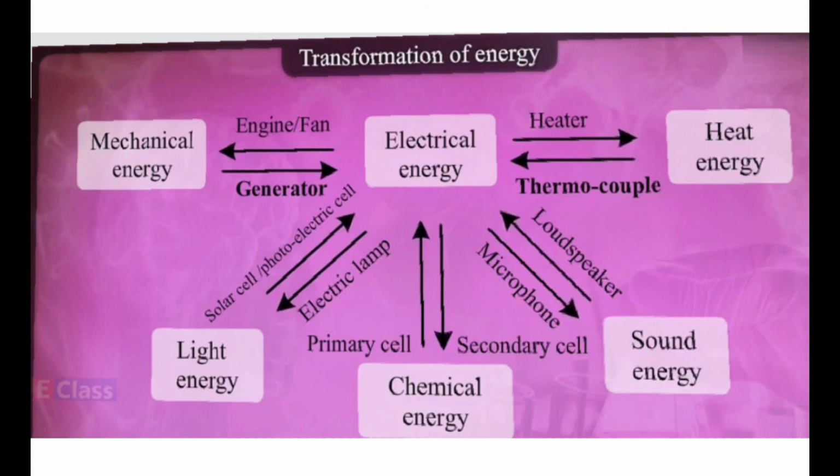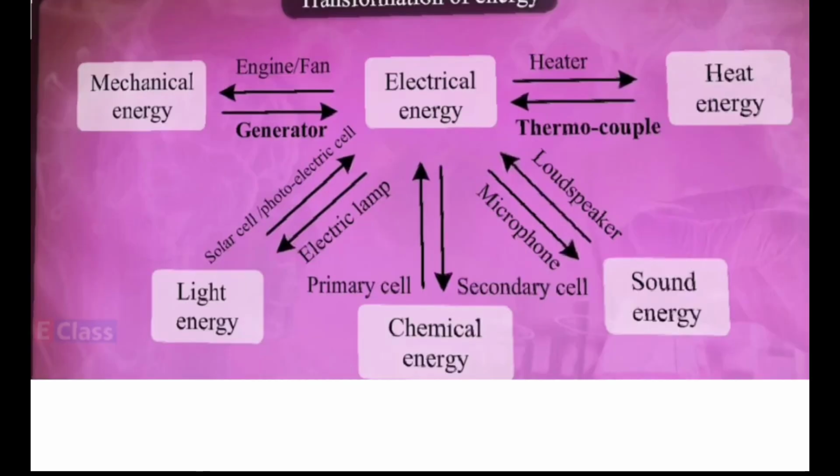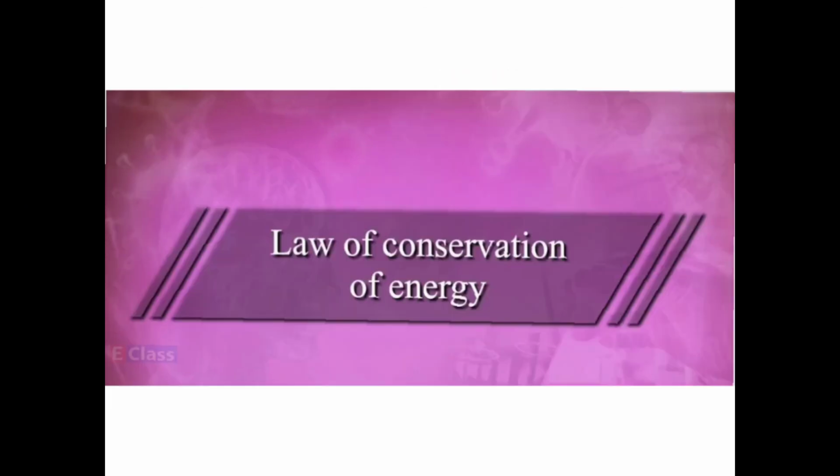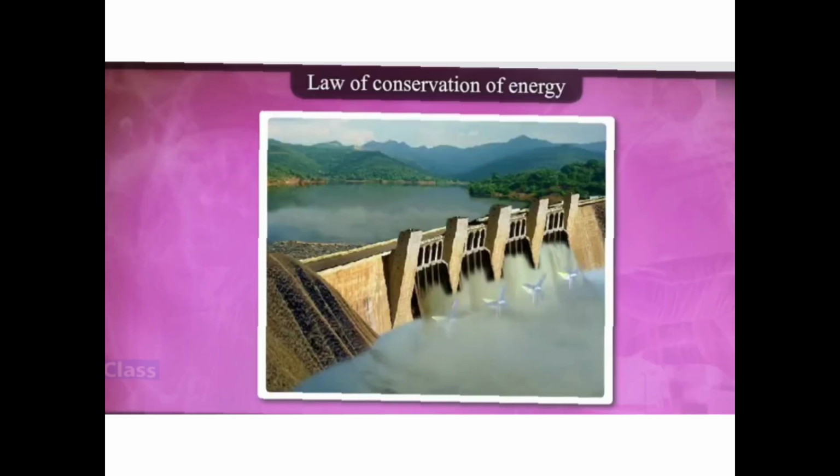So children, did you follow the transformation of energy? This is simple, I gave you the example of electrical energy. Many forms of energy are getting converted from one form to another. So this gives rise to the law of conservation. As much of one energy is finished, that much of the other energy is produced. In the universe, the total amount of the energy remains constant, doesn't change. We can just convert from one form to another.